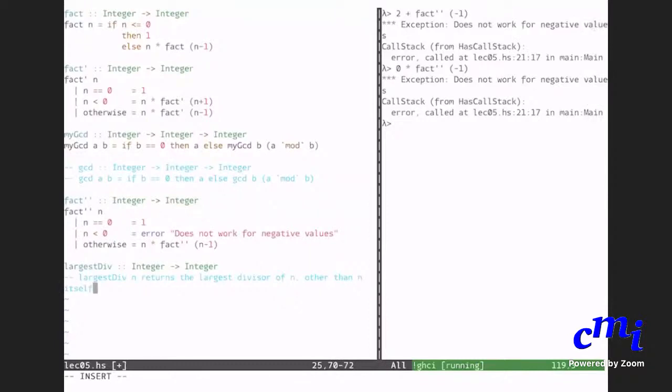Assume for the moment that n is positive, because 0 has no largest divisor.